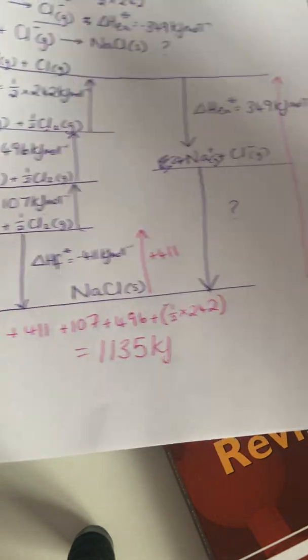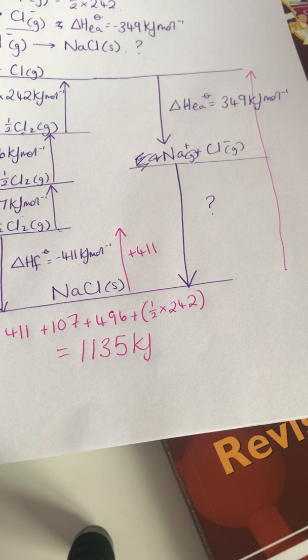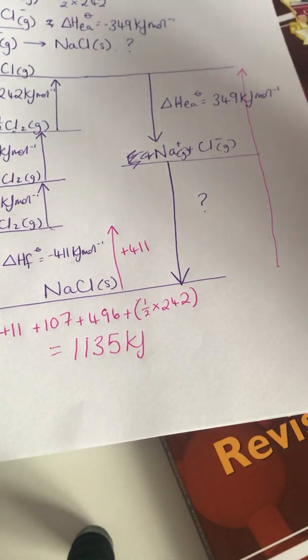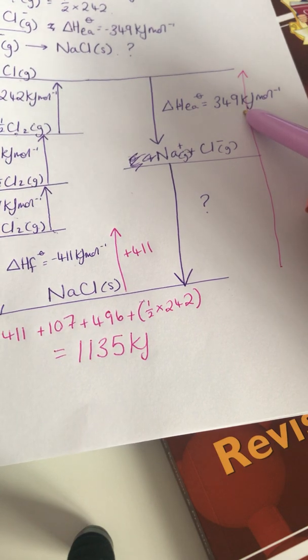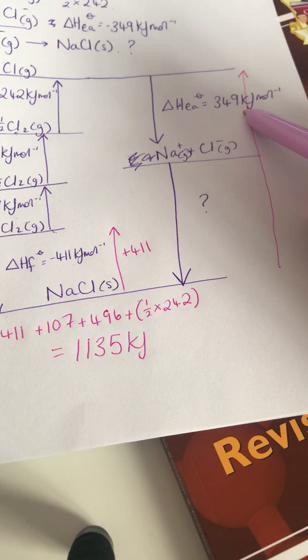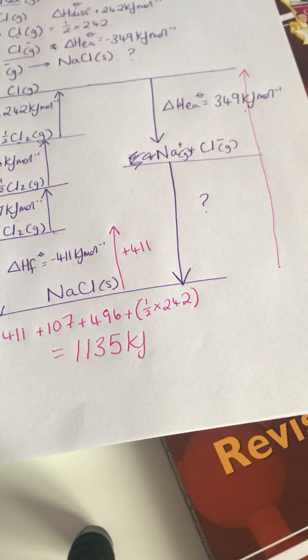So that means that the right hand side must also equal 1,135 kilojoules. So I'm going to subtract the 349 kilojoules per mole, and that should give me